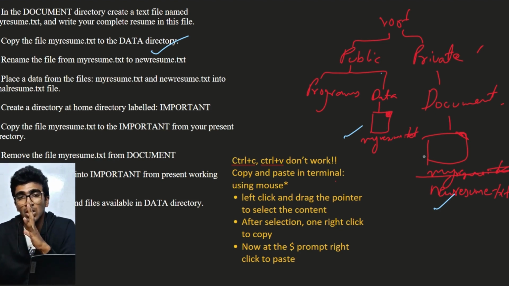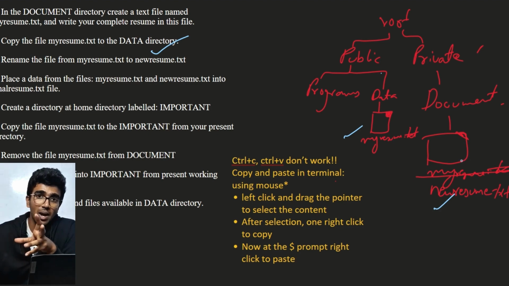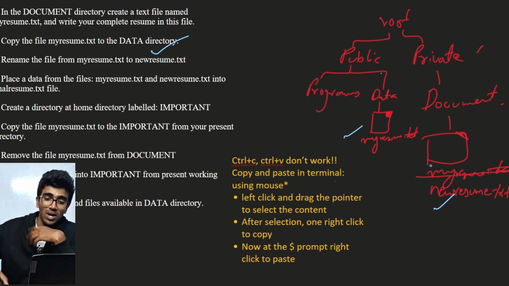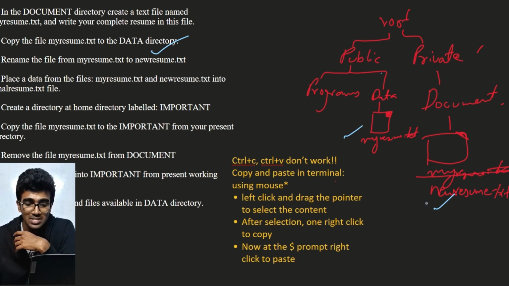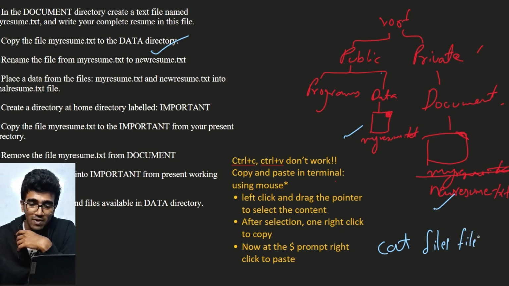Simple, using the cat command. With the cat command, you can also combine files. Cat is basically short for concatenate. Concatenate means add the files. To add the files, what is the syntax you can use? Syntax is cat file1 space file2 double greater than